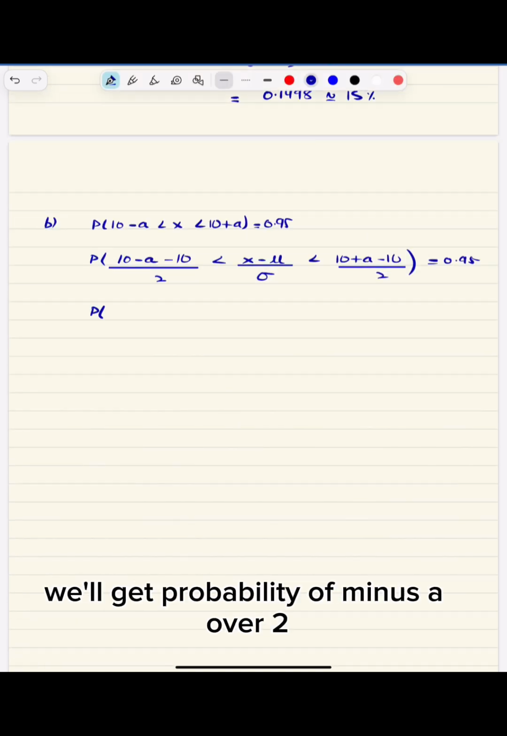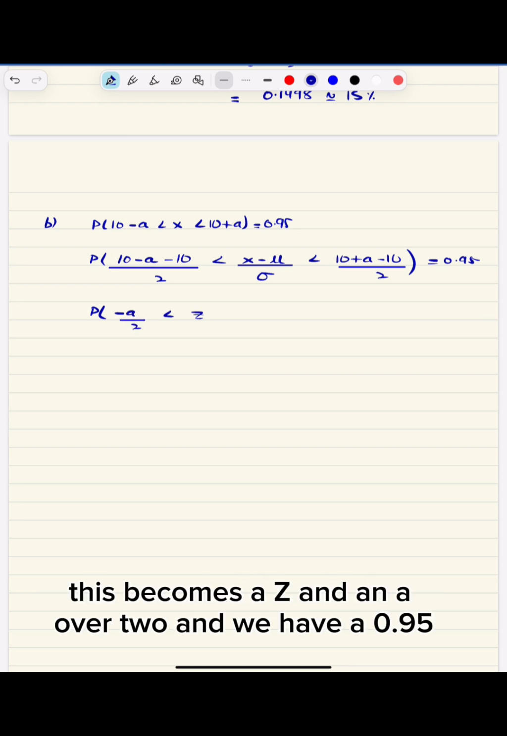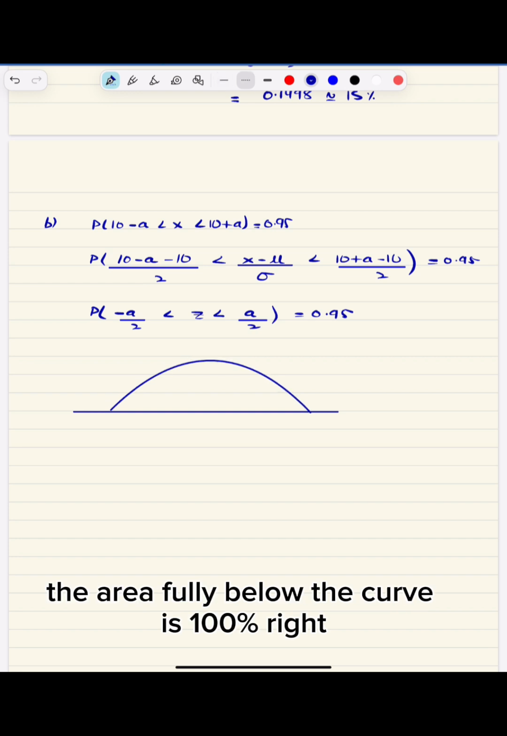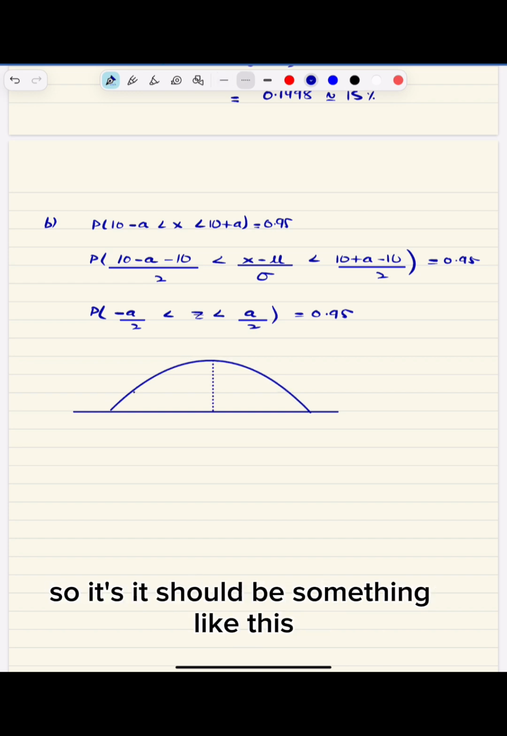Okay, we'll get the probability of z lying between minus a over 2 and a over 2, and we have 0.95. Okay, so it seems that the area fully below the curve is 100%, right? So it should be something like this,